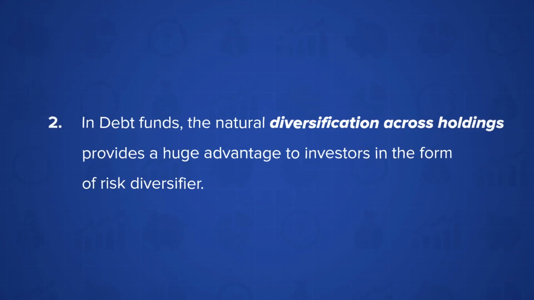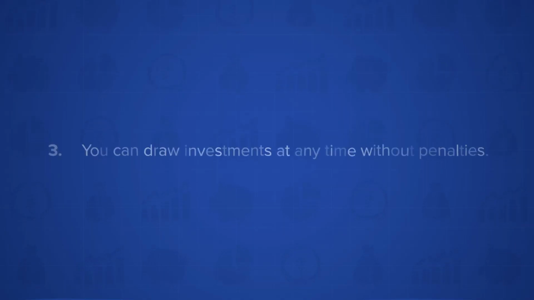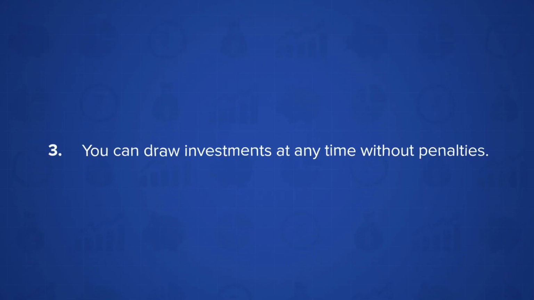Third, if you put in a 3-year FD and go back at the end of 2 years or 2.5 years and you want your money back, you will get your money back, but you will be charged a penal interest for foreclosing that FD before time. On the other hand, in debt mutual funds, there could be a mandatory exit load period for a shorter period of time, but beyond that, most debt funds are open-ended, so you can exit much earlier and get your money quickly into your bank.